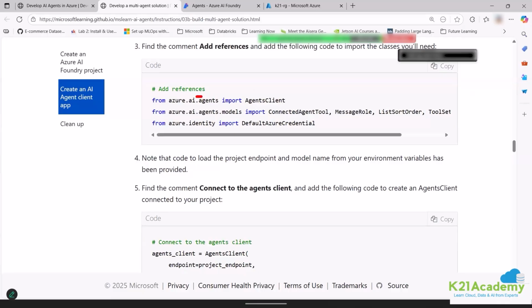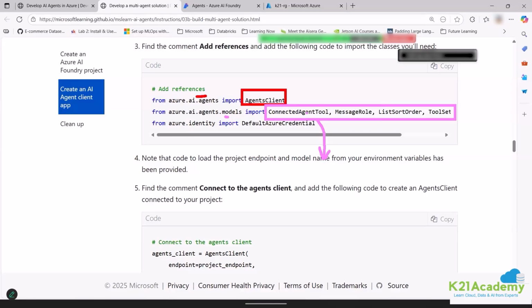So from agents, first of all, there is an agent client class. Then to work with this agent client class, we have different types of models. These are not AI models. Okay. Just keep it simple. These are some models. Okay. So some tasks models, you can say. So now we have some models. Okay, so first from the agents, we have agent client. Then from the agent model, we have got some models. By the name, we can understand that this is more about